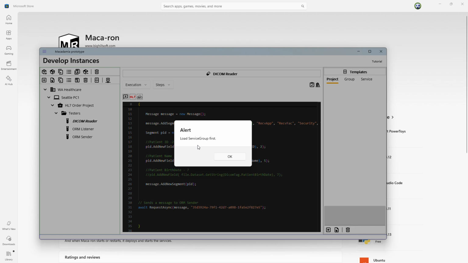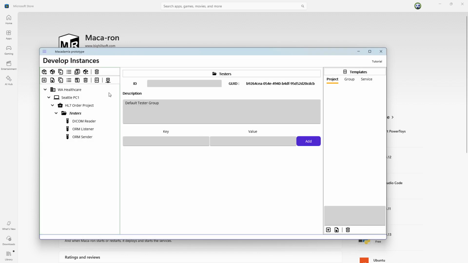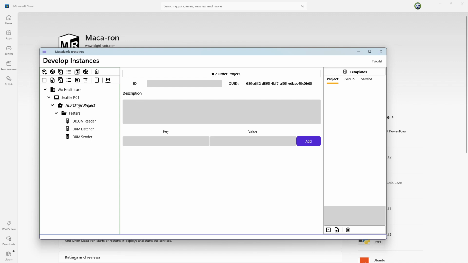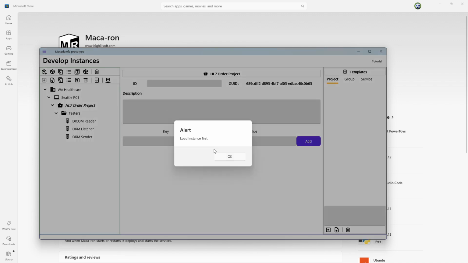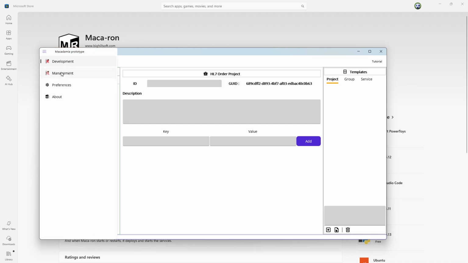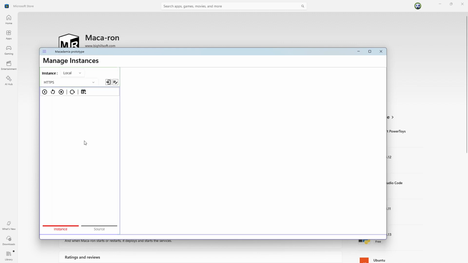Load the service group first. Okay, so tester, load project first. Okay, go over. Well, load instance first. Based on this experience, we noticed that all these hierarchically structured models need to be stored hierarchically as well. For example, if we go to the managed instance, which connects to the current server,